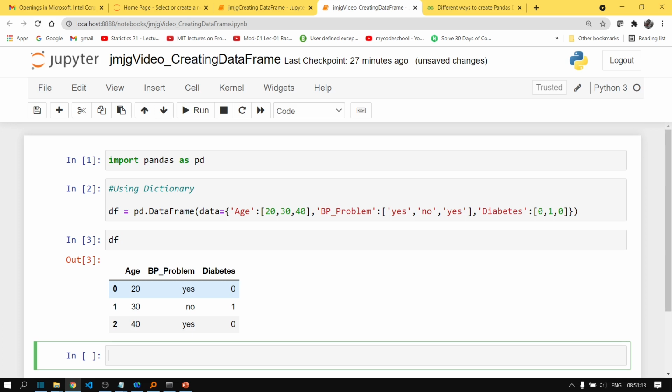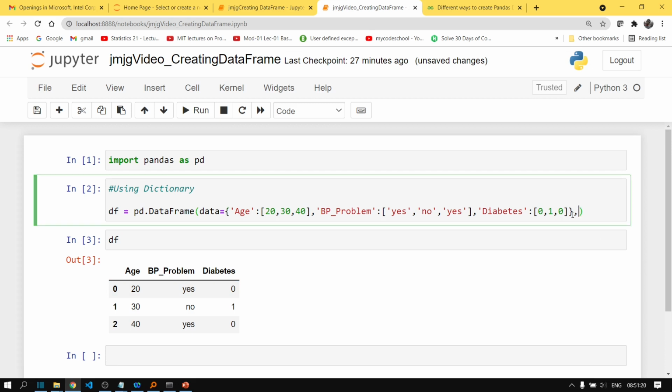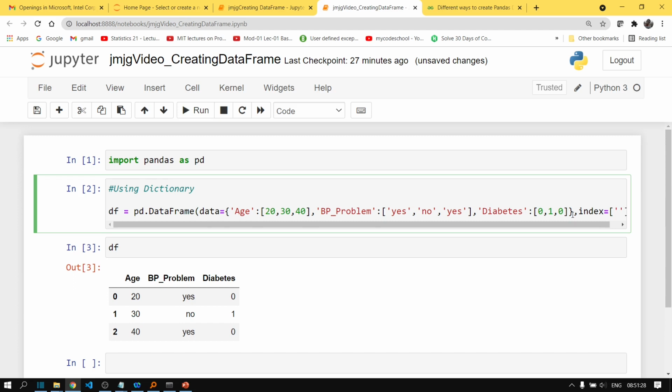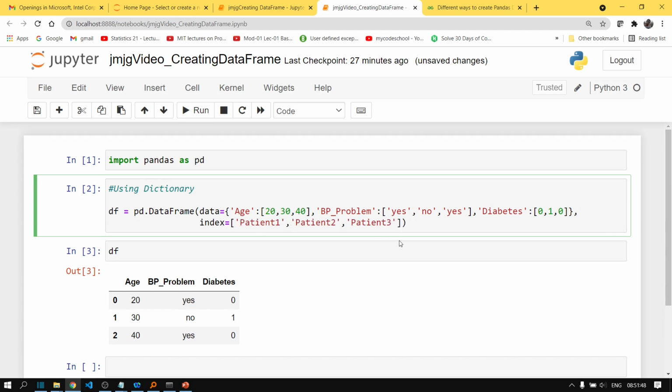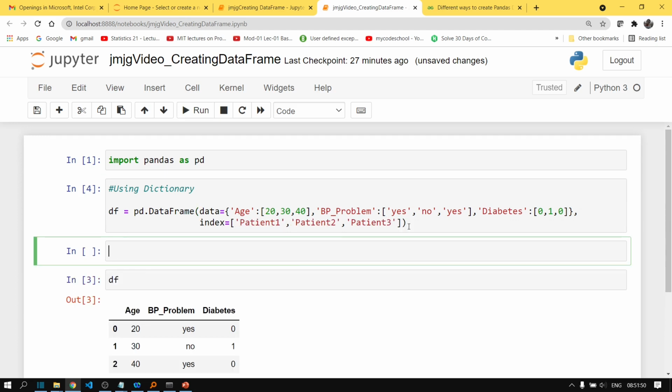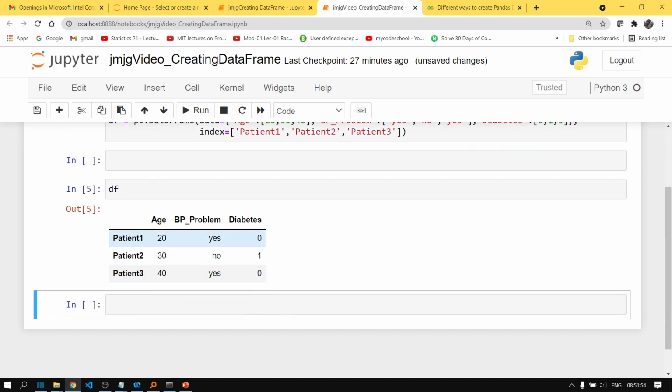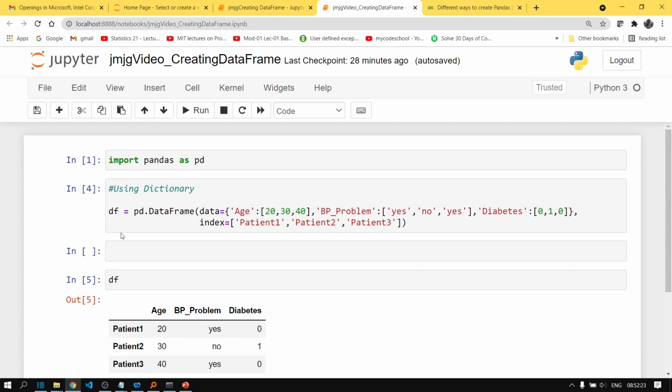But if you want to explicitly give a row name or row label, then apart from passing the data, you also have to pass the index. Let's say you want to pass it as, fine. So let's press Alt plus Enter, and now if we run it, you can see the indices have been created. So we have seen one way of creating a data frame.